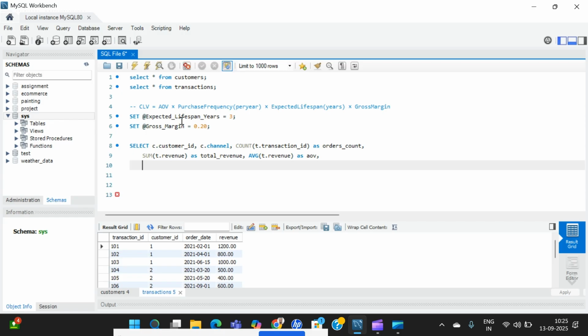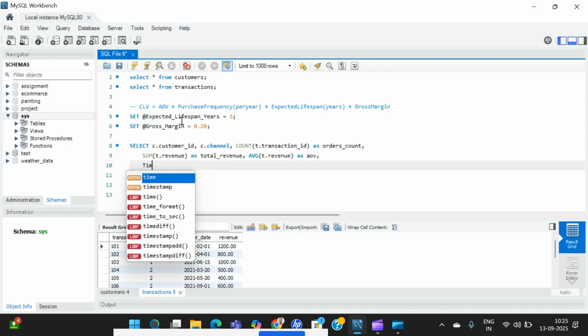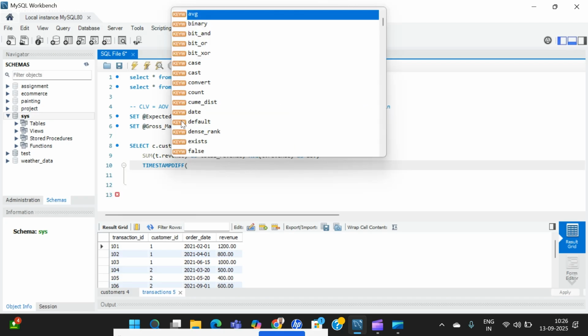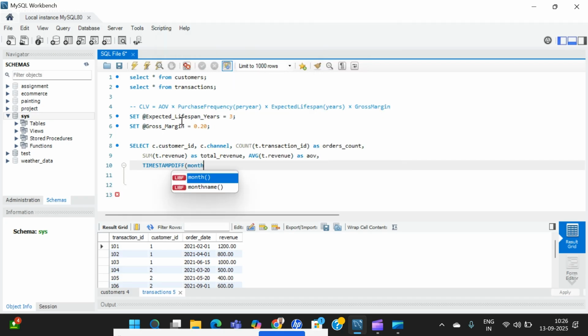For that we need to find the difference between their first order and their last order, so that will show how many months they were active. I will use timestamp diff for this. I need the difference in months,